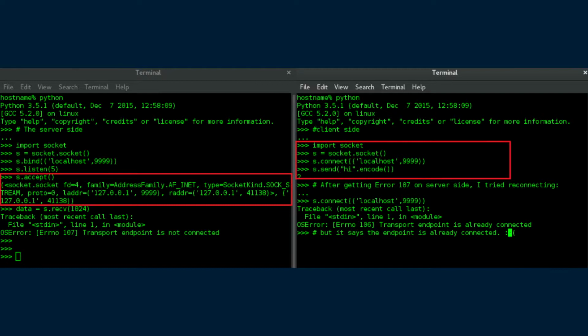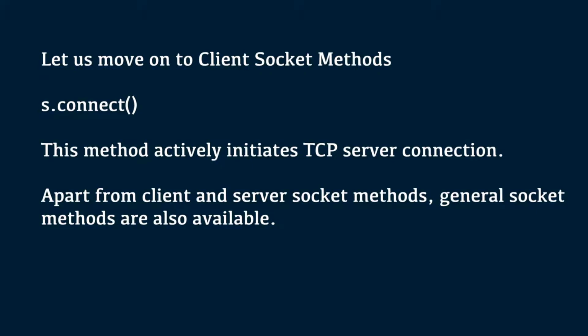The s.accept method returns a pair, connection and address, where connection is a new socket object usable to send and receive data on the connection, and address is the address bound to the socket on the other end of the connection. Let us move on to client socket methods. The first one is the s.connect method. This method actively initiates a TCP server connection.